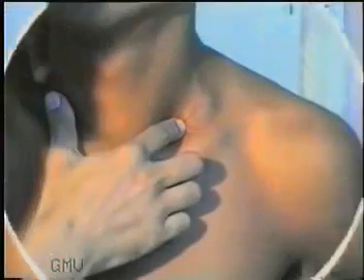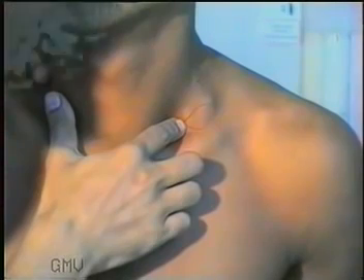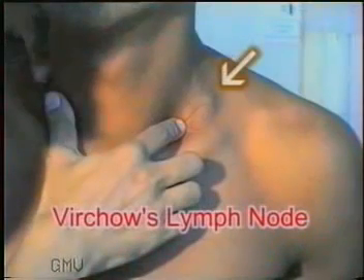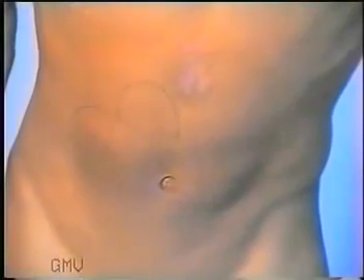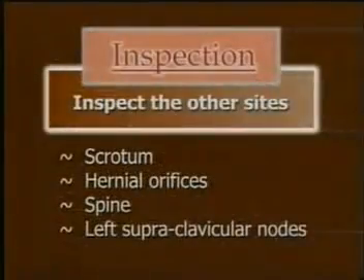Lastly, inspect the left supraclavicular region for a swelling due to enlarged lymph nodes. Left supraclavicular lymph nodes can be enlarged due to secondary deposits from the malignancy of stomach, colon or testis, termed as the troisier sign. And the enlarged left supraclavicular lymph nodes are termed as the Virchow's nodes. This completes the inspection. Remember to inspect the 4 sides out of the abdomen: scrotum, hernial orifices, spine and the